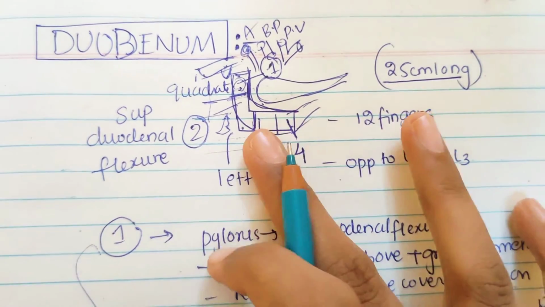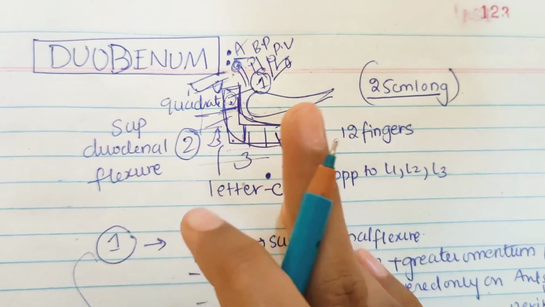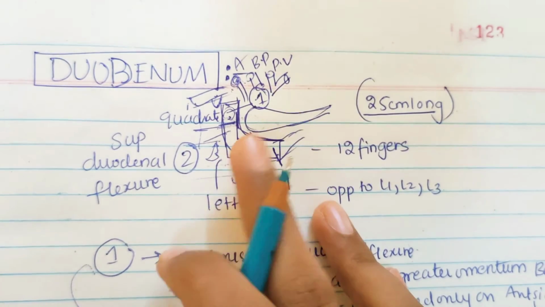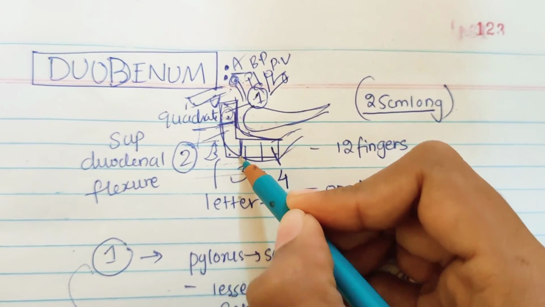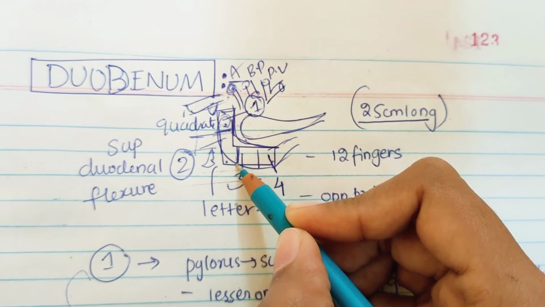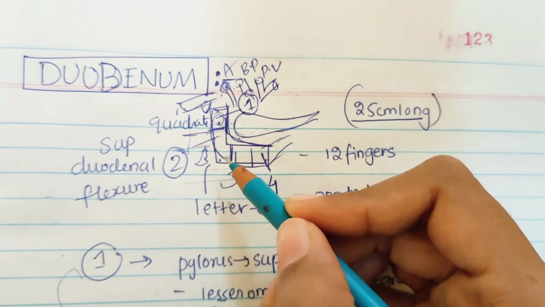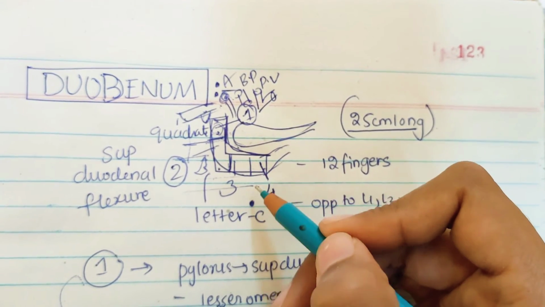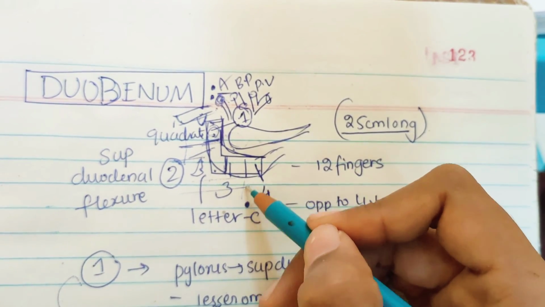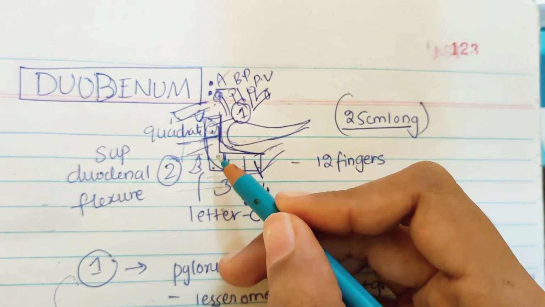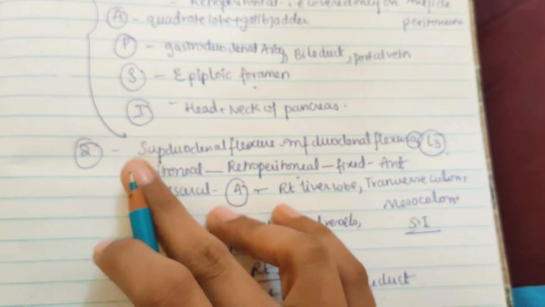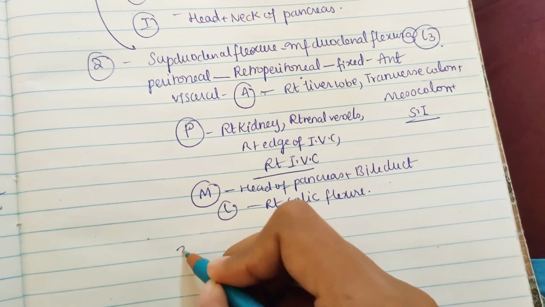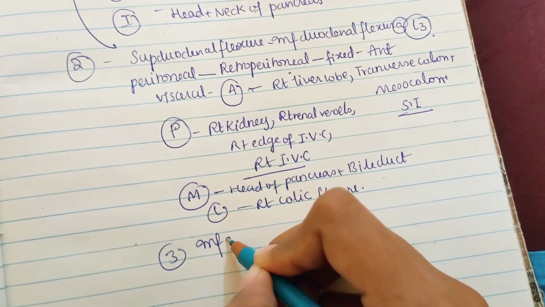So now let us understand about third and fourth part directly by means of diagram. You can see this is the third part and this is the fourth part. The third part begins at the inferior duodenal flexure here, on the right side of lower border of L3 vertebra, passes horizontally in front of inferior vena cava, and ends by joining the fourth part in front of abdominal aorta. So actually here lies abdominal aorta near to the fourth part. As we discussed, the second part is from superior duodenal flexure to inferior duodenal flexure. Then the third part is from inferior duodenal flexure to